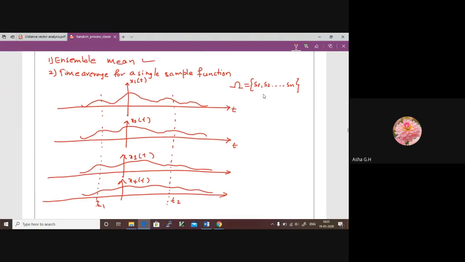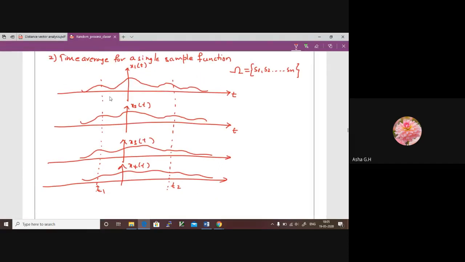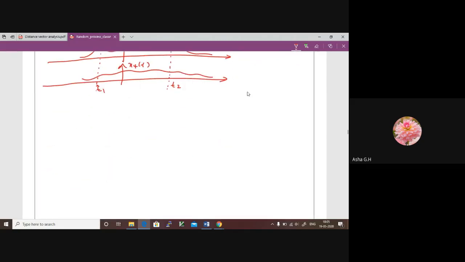Now there is another thing called the time average, finding out the mean of the random process again by considering a single sample function. Now assume that we want to just look at the behavior of this random process. Instead of limiting this to t1 and t2, or say this t or this t, when we are considering the time average by considering the single sample function, what we do is,